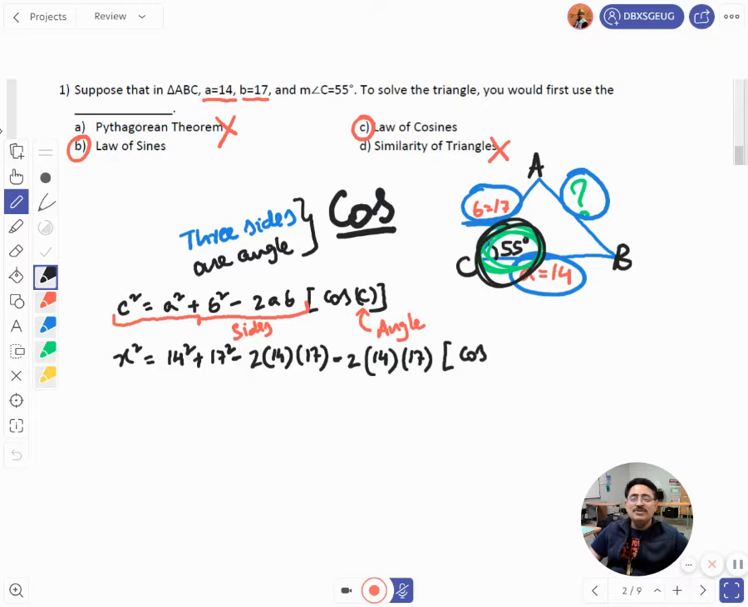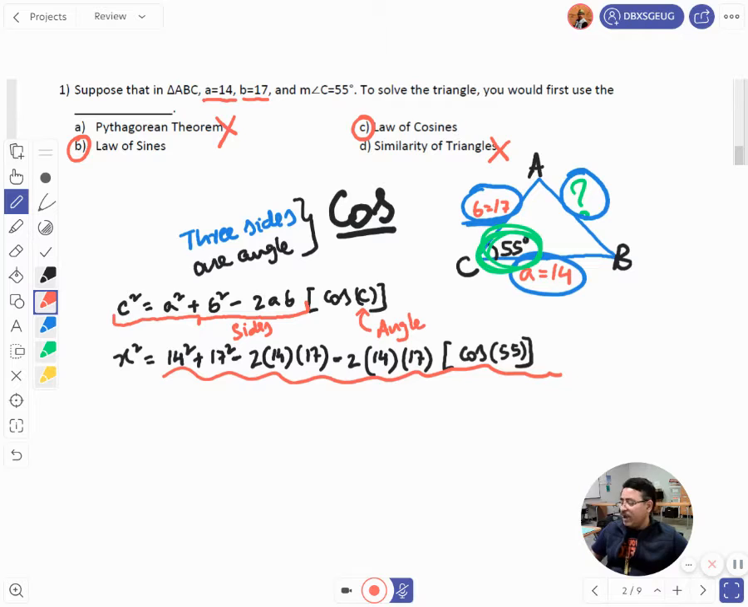So angle C, you see that it is 55 degrees, so cos 55. Whatever you see on the whiteboard, the same thing can be computed. Just enter it as it is. So I'm taking my calculator, then I'm entering first 14 square plus 17 square minus 2 times 14 times 17